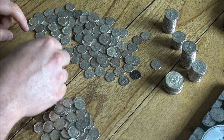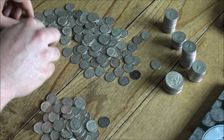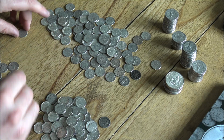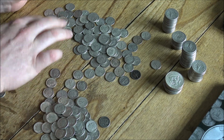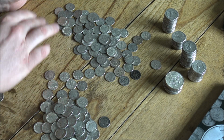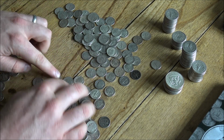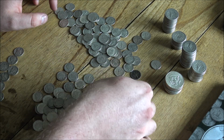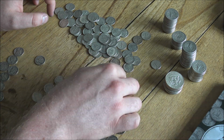For me, I really love the Mercury dimes, they're fantastic, and I really want to keep hold of them, but there's an argument to be had. Well, if you've got all of these other regular little dimes here which are perfect for that kind of fractional piece of investment that you want, then why not sell all of your Mercuries and all of your half dollars and fancy ones like that to trade up and get some extra silver, or to get some other things in there. So I guess it comes down to each individual circumstance about what you want to do with your investments, with your silver. For us, it's very much we're going to enjoy this while we've got it,